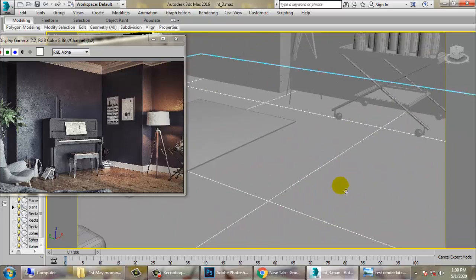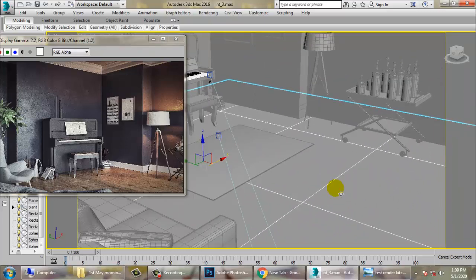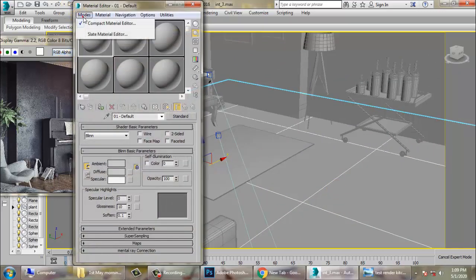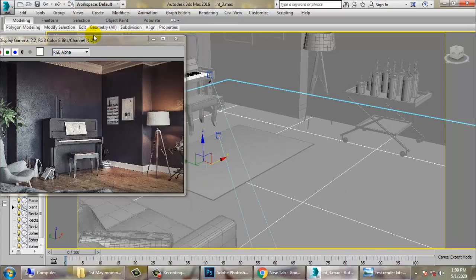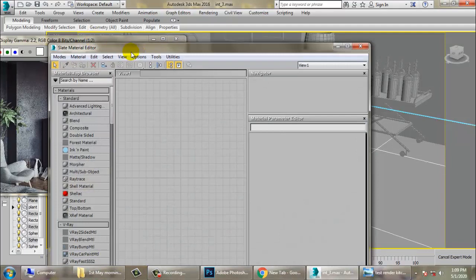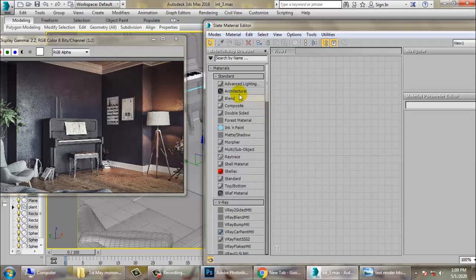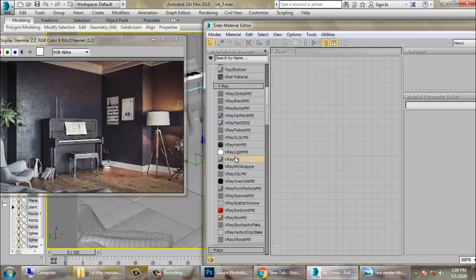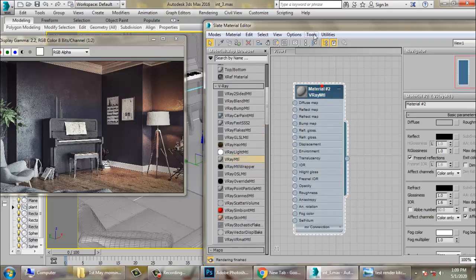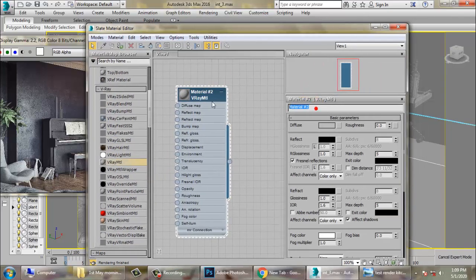Select this plane, go into material, go into mode and make it a slate material editor. Let's take a V-Ray material and name it floor.